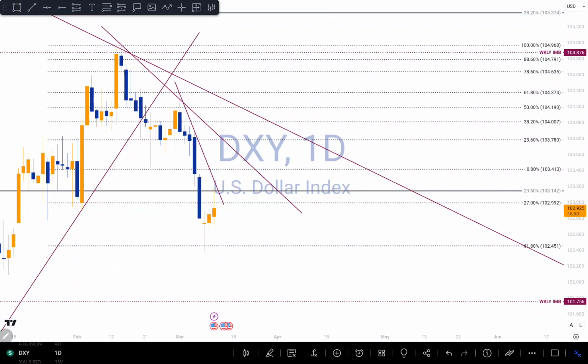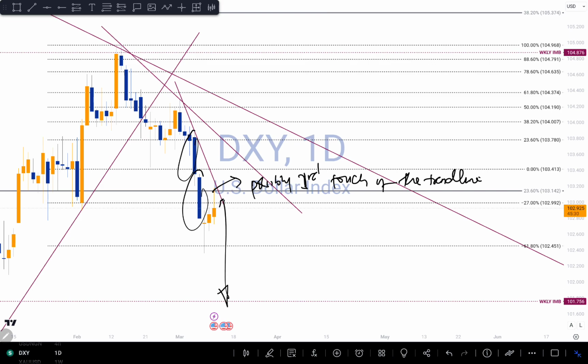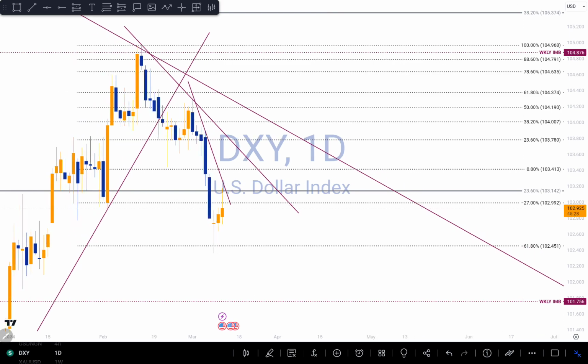We can see that this is my daily time frame, and if you remember really well, when we were pushing to the upside, there was still momentum of a sell around this counter trend line right here. So I think this may just be coming up here to give us a possible third touch of the trend line before we see a push to the downside, right? That's a possibility. But we know that when we hit my 61.8% fib level, just like I mentioned in